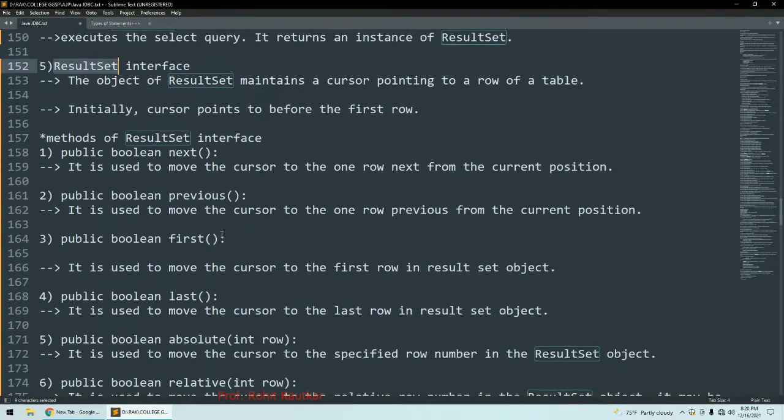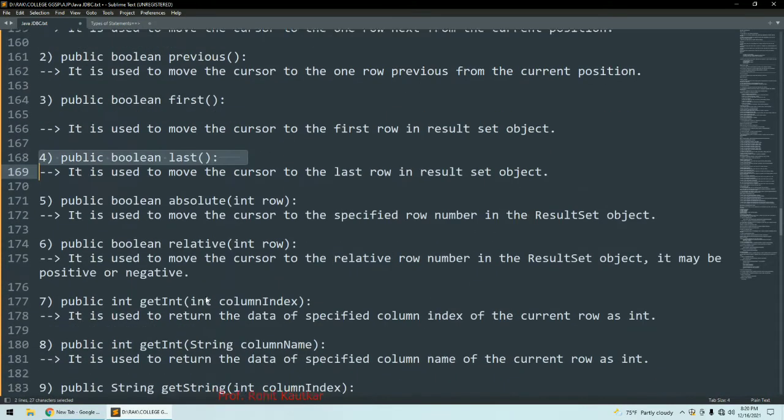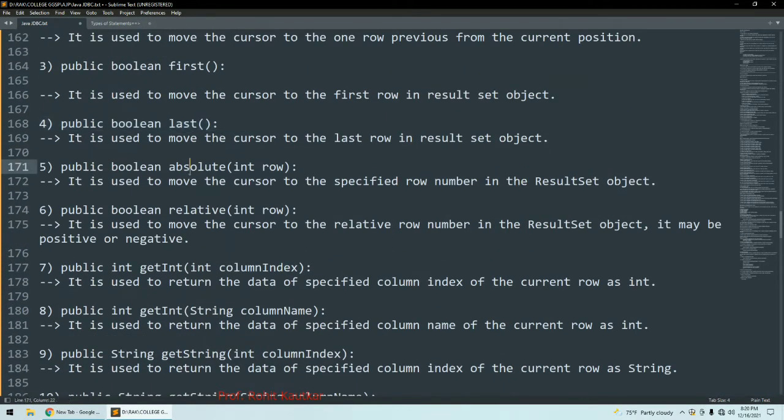Okay, so there are different methods available, like you have next method to move cursor to the next row, previous method for moving cursor to the previous row, first method for moving cursor to the first row, last method for moving cursor to last row, absolute, so moving cursor to specific row number. So let's say you have 10 rows in a result set. So if you want to move your cursor to 7th row, you can use this absolute method.